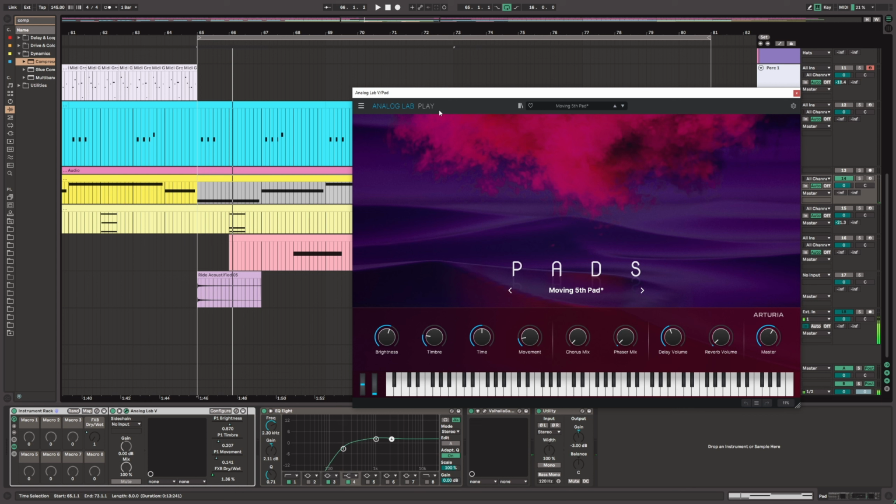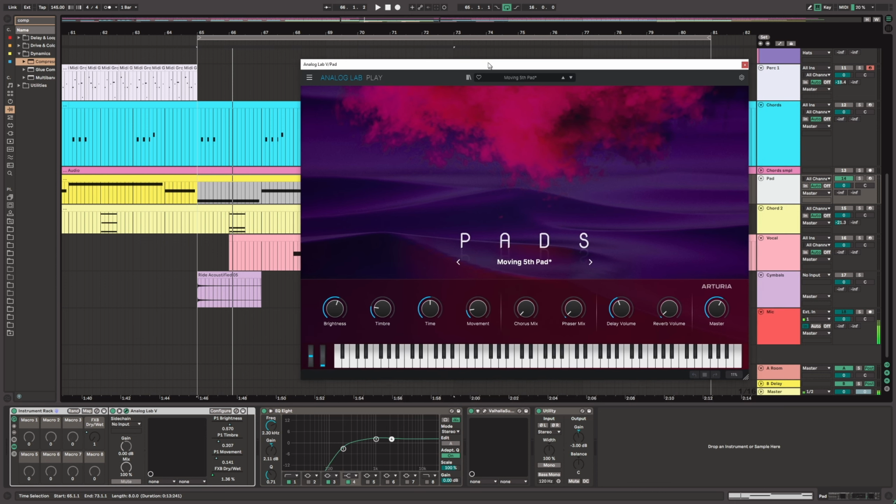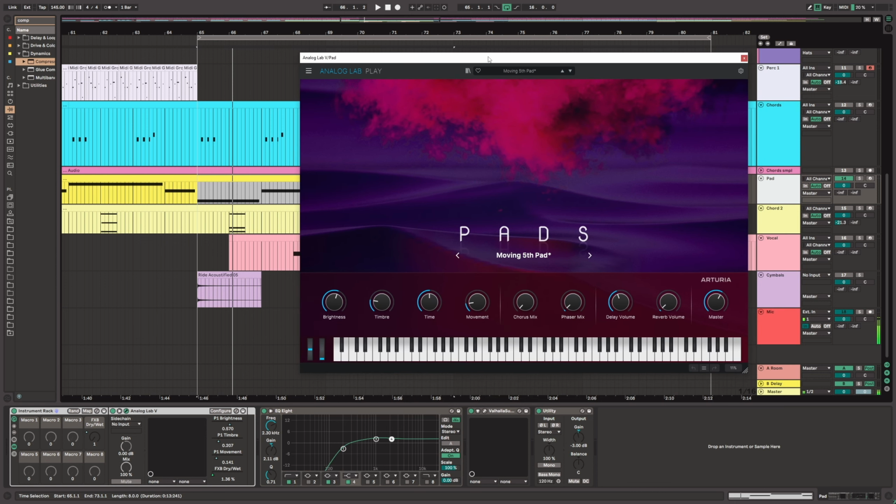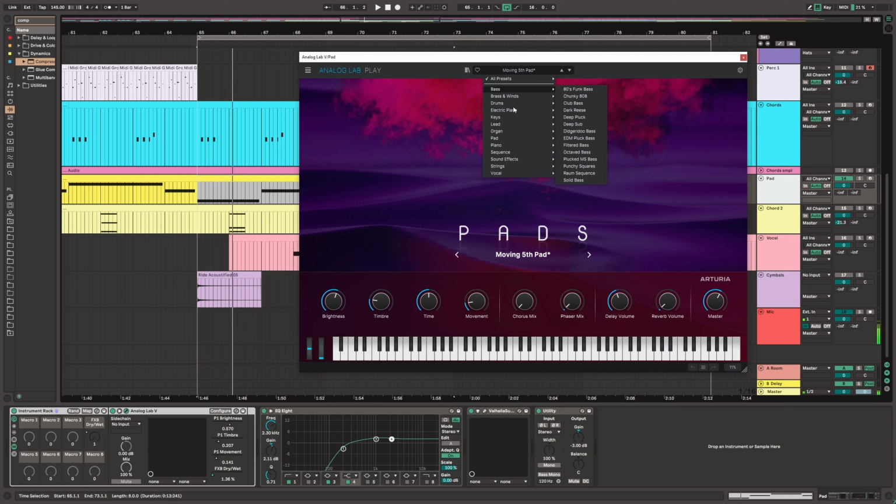It's a free instrument from Arturia. It's free at the moment. I'm not sure if it's a Black Friday deal or it will be free all the time, but you can get it now. From what I understand, it's like a simplified version of their big instrument, and it has sounds